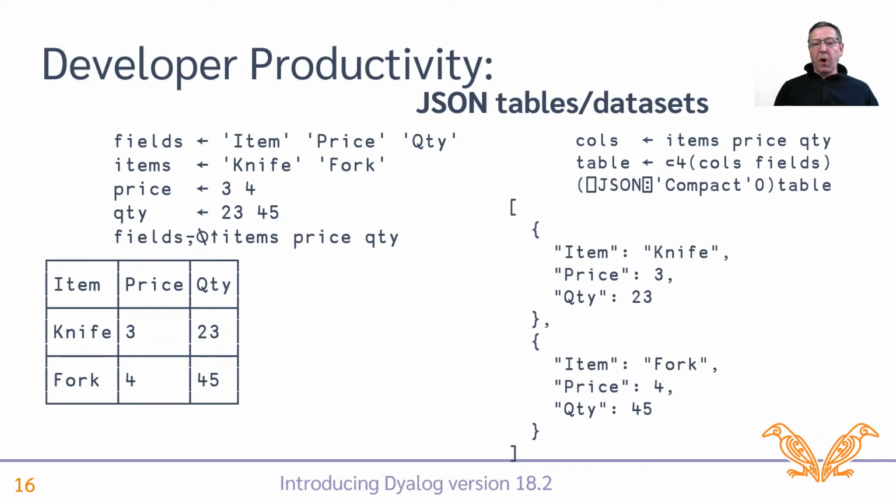But of course, it's very common that you have a structure like the one you can see on the left here, where you've got a matrix with column names and then records. And you want to produce something like the JSON on the right, where each record is an object with the column name and the value, because that's what a JavaScript application is going to be expecting,